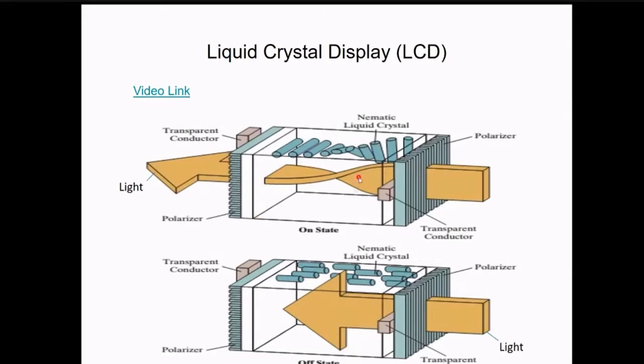Okay, so now in between you are able to see one thing, that is liquid crystal. Now what is this liquid crystal? You might have been using this thing, that is solid, liquid and gas form. The solid thing we already have seen in the CRT monitor, where we are using some sort of solid devices. And then we have seen the gas form. In our plasma panel we have used the gas panel with which we were able to illuminate for our use. Now we have one more thing, that is the liquid thing.